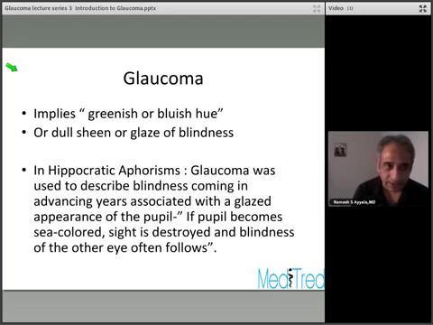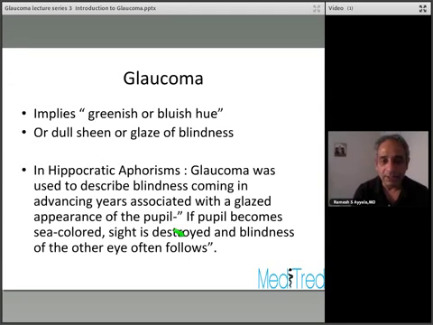I'm guessing that when they use this description, they're describing the searching motions of a blind eye from glaucoma. If you ever watch this in a blind patient, they'll have the searching look towards the sky, and you can see that the light plays a little trick on their cornea and the pupil, and you can see a slight haze on the cornea, and the light reflects from the pupil. It will be more of a bluish green color discoloration, and so someone in those days recognized this phenomenon being associated with blindness, and as is written here